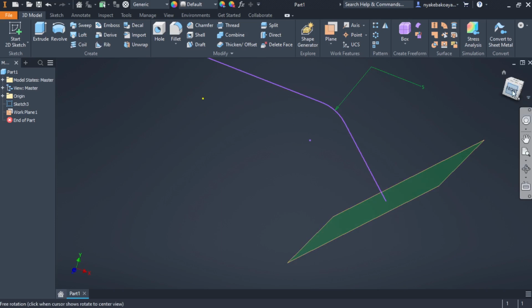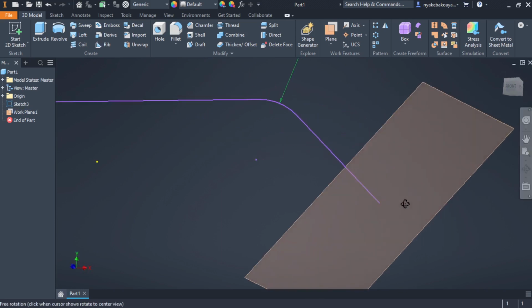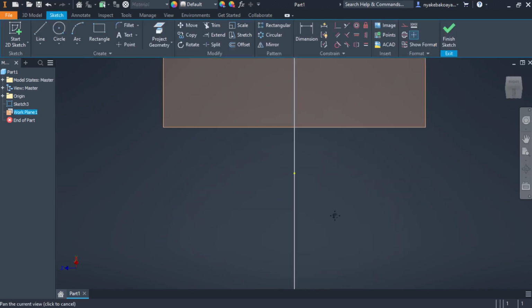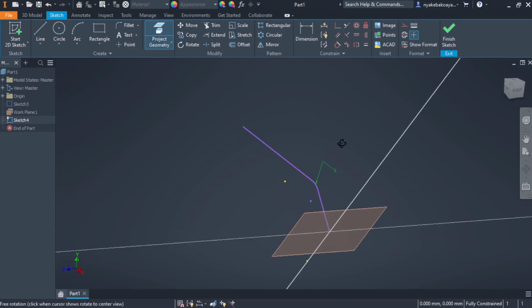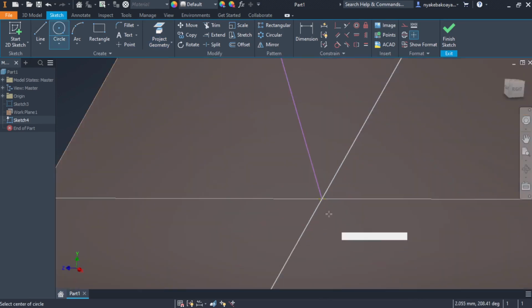Yeah, it's 90 degrees. You can see there. Now on this plane is where we are going to sketch. Click there, and then we are going to project a point. So click project geometry, and then we are going to project this point. Now there is where we are going to be snapping our circle at, and then if I zoom in,